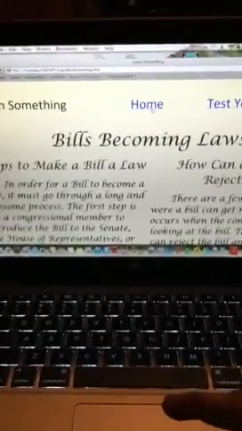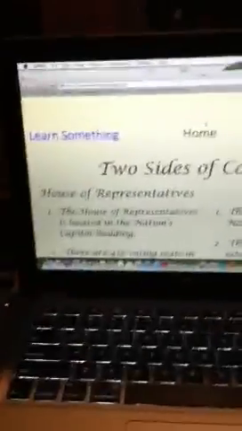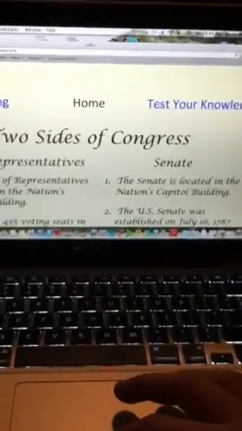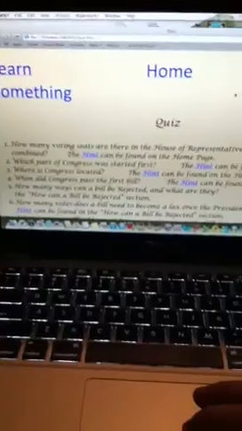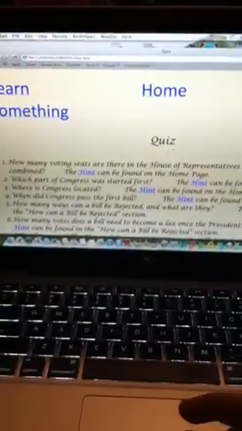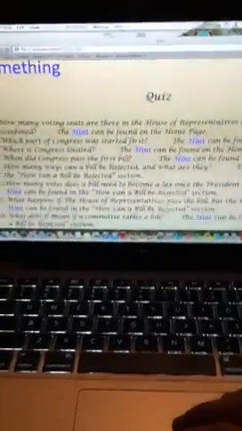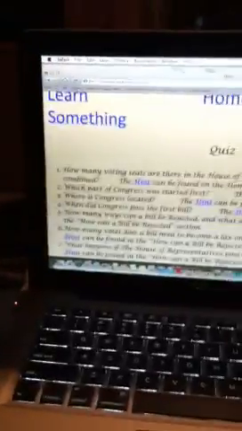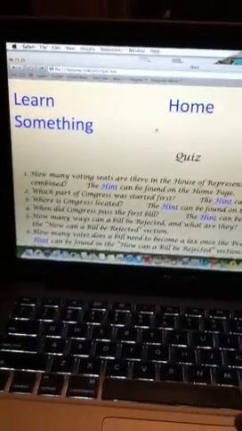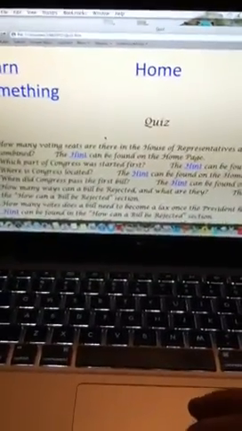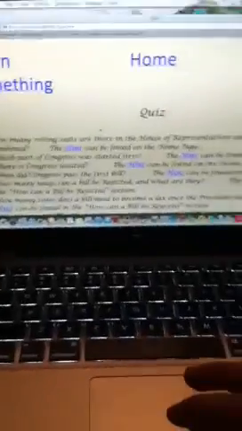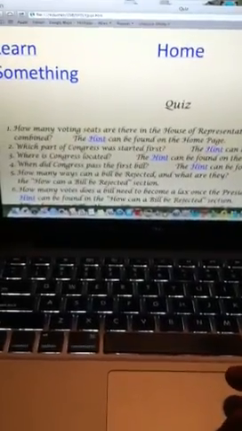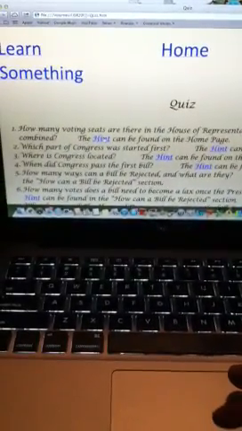So from here, we're just going to go back to the home page, right there, and then we are going to go to the quiz on Test Your Knowledge. And right here is a quiz testing knowledge on what you've learned from Learn Something page and the home page. And so there's two links that are connected throughout the page, and the first link is